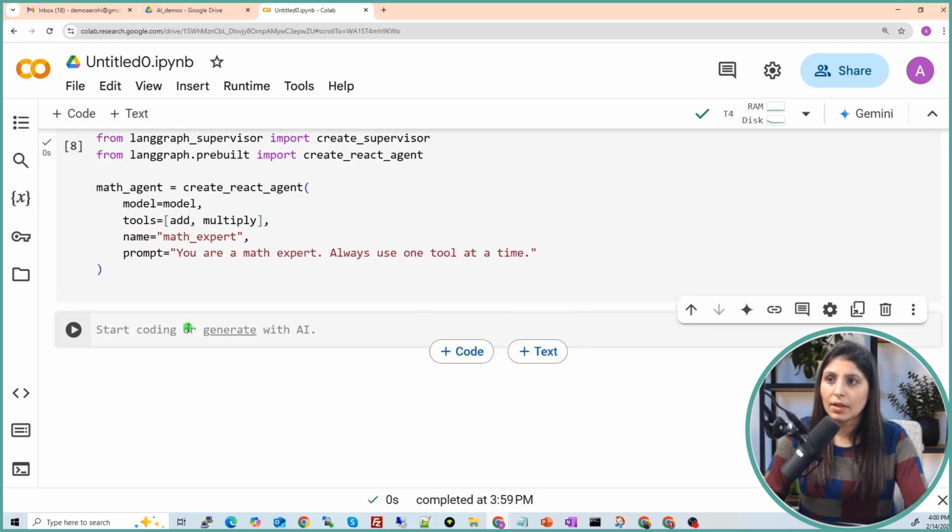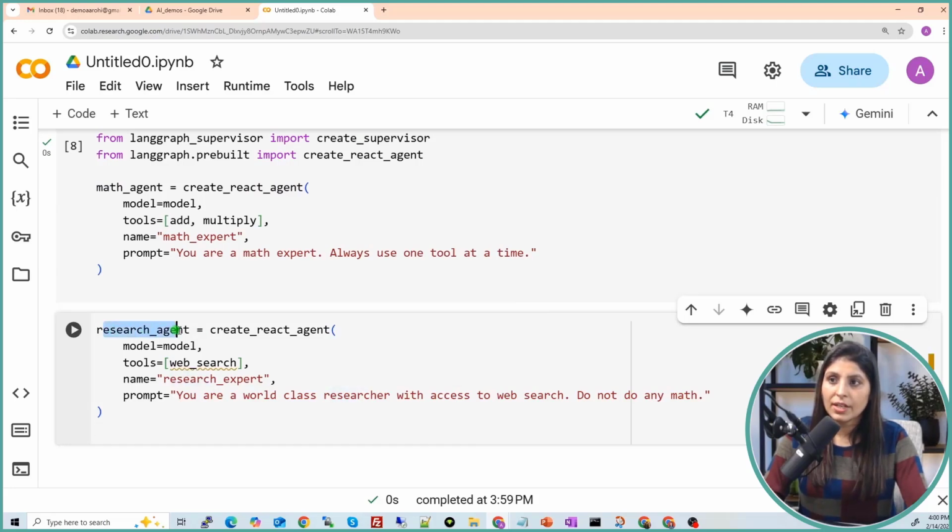So let's write it over here. I have created another agent, and in a research_agent variable, we are creating an agent like this. We are providing the LLM to it, and in this tools list we are only giving one tool, and the tool name is web search.